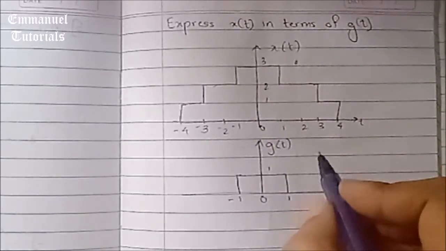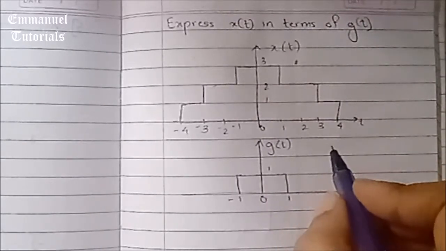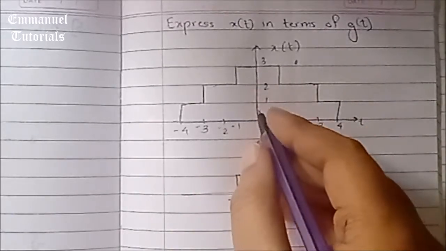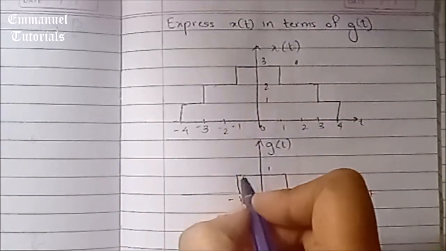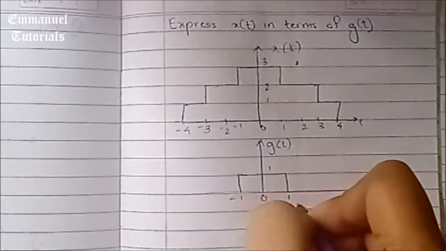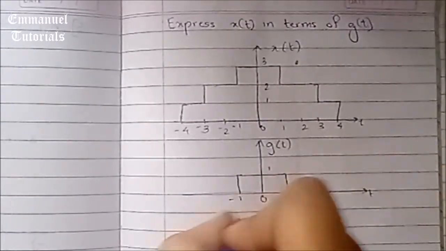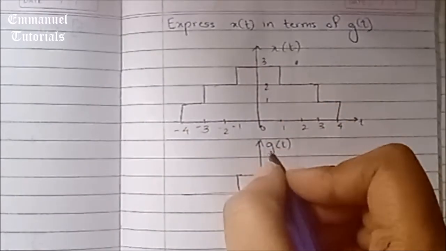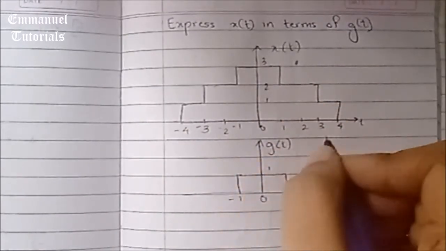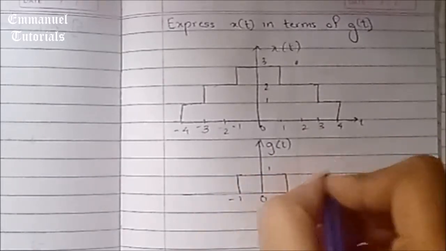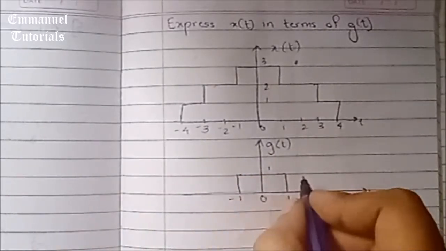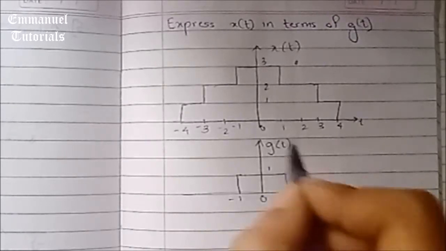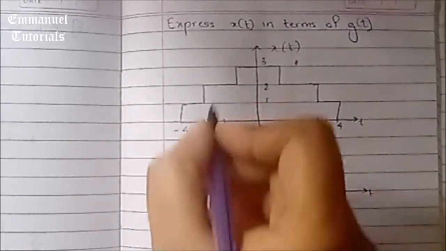Now when you get such kinds of questions in the exam, what you have to do is try to visualize this original signal in terms of the signal that they have given. Like here it is g of t. So try to draw g of t inside x of t. This is an easy way in which you can find out the equation. So let's do that. Now this is a square kind of signal which is extending from -1 to +1. Now let's try to draw this.